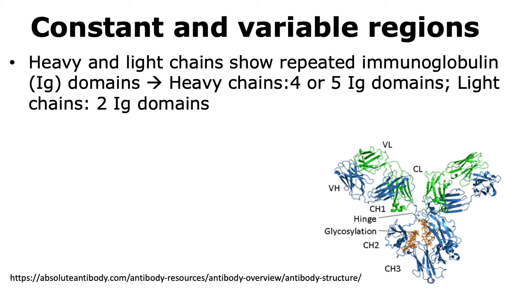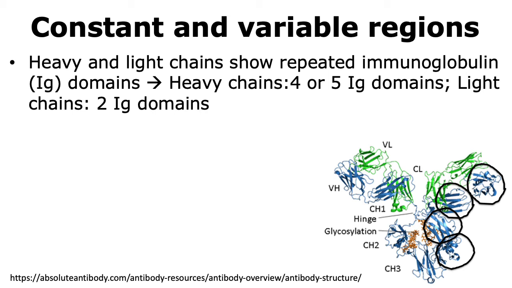When we look into the structural aspects of these chains, we can see that both the heavy and the light chain show repeated domains, which are called the immunoglobulin domains. If we look at the heavy chains on one part of the antibody, here we can see that there are 4 immunoglobulin domains that are being shown in these black circles. So we can see that for one heavy chain, and similarly we will have the 4 immunoglobulin domains for the other heavy chain. In the case of some immunoglobulins, instead of 4, you may have 5 immunoglobulin domains in the